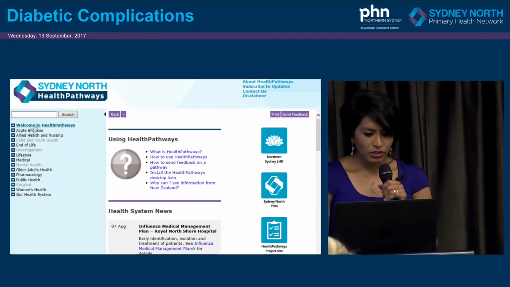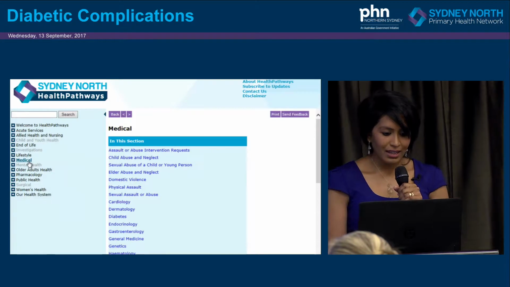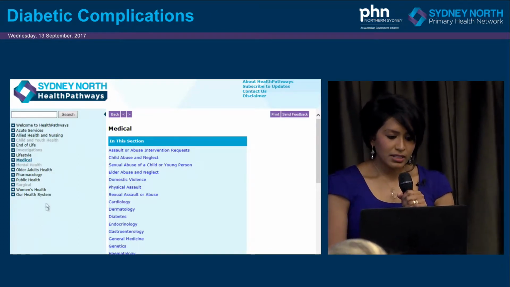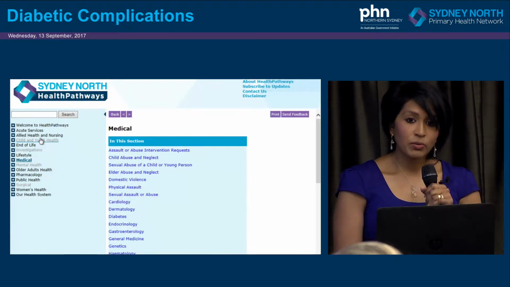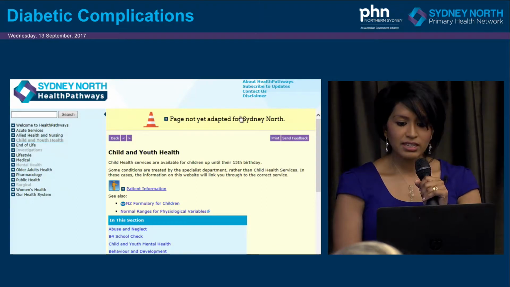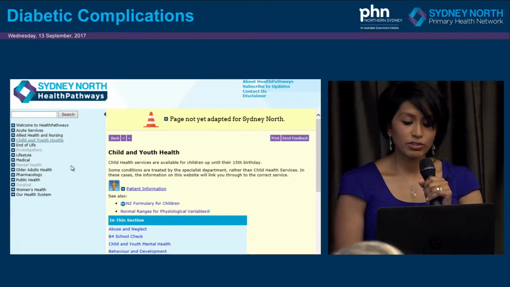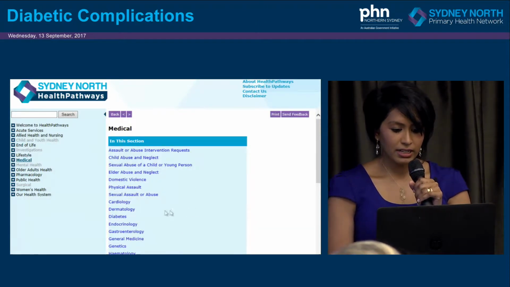So I just want to quickly show you some of the pathways that we have that are live. On the left-hand side, you've got your contents, and if it's grey, it means that it's a pathway that's not yet developed for Sydney North. You'll get a warning that it's not yet adapted for Sydney North, and it's just the original Canterbury pathway,